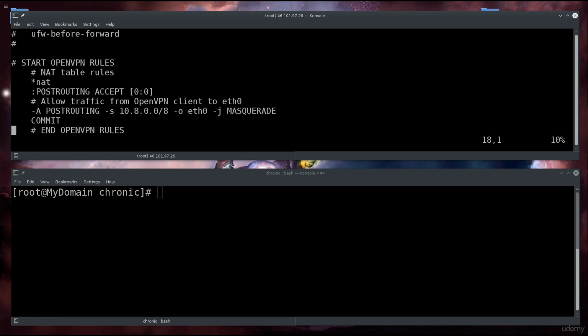It says NAT table, NAT post routing, allow traffic from OpenVPN client. That should all be as it is. I mean, there shouldn't be any real problems. Let me just go ahead and verify this. Setup. I'm looking on the net for the universal configuration, so just the before rules for the